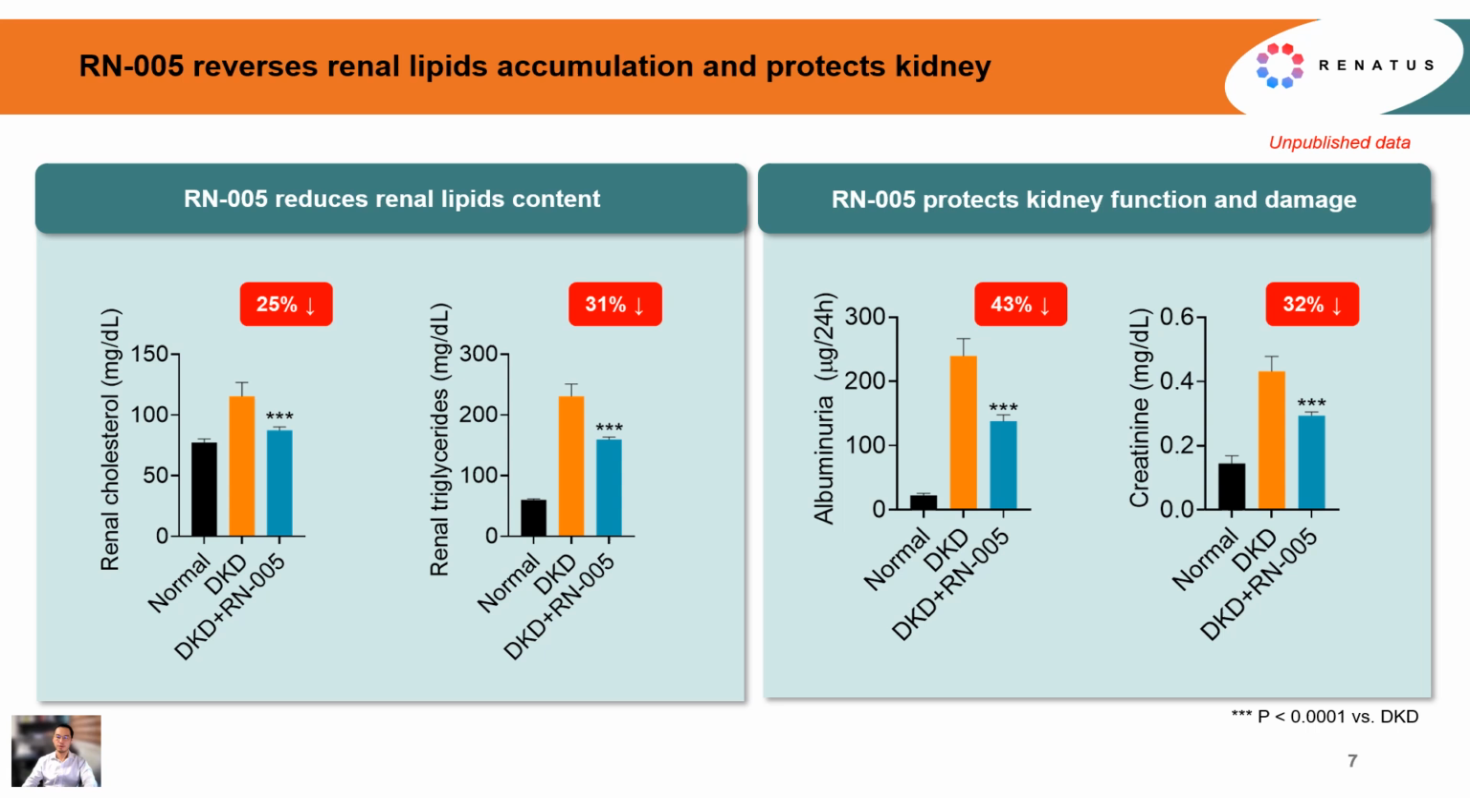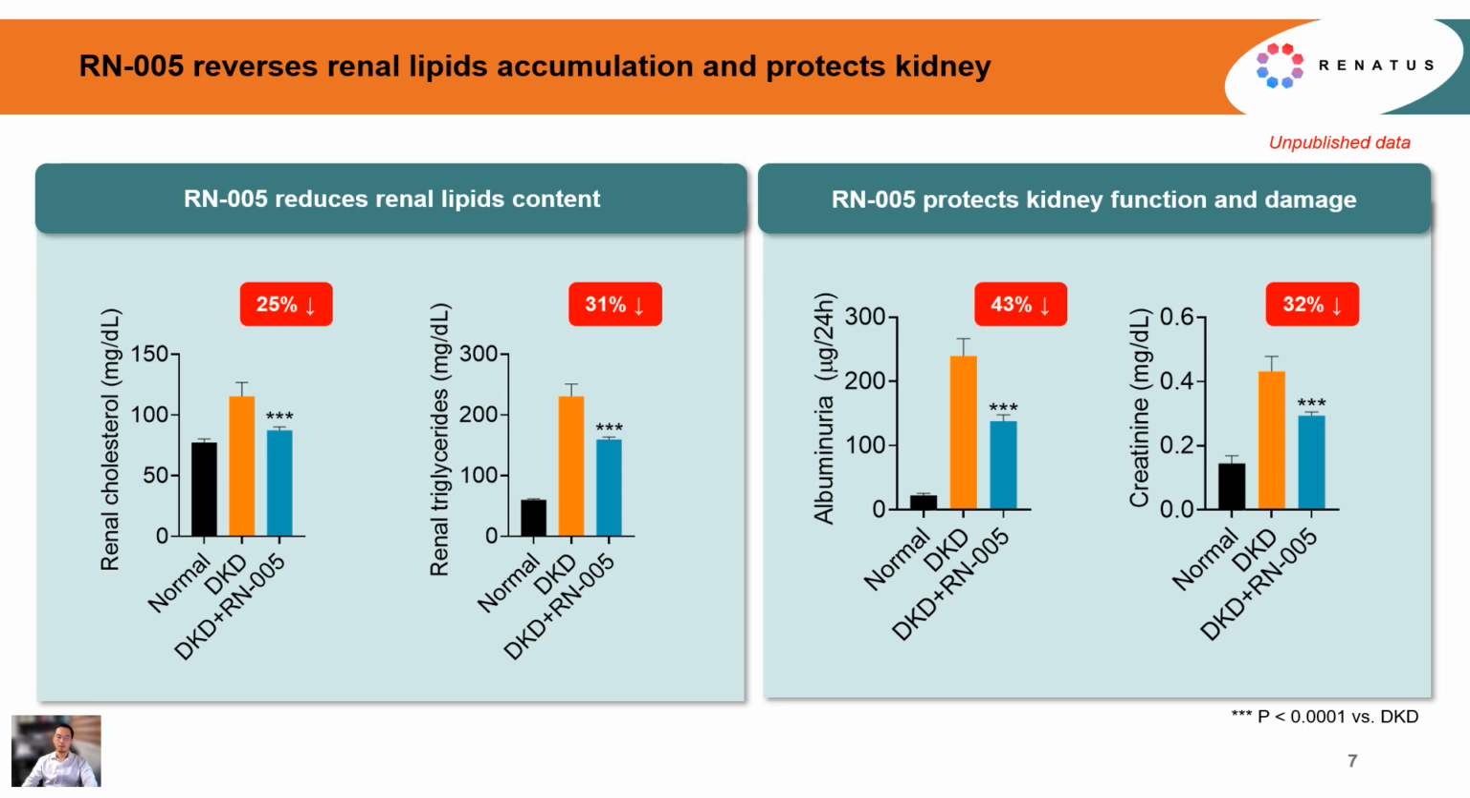This is a mouse model with type 2 diabetes, which develops diabetic nephropathy. Compared to normal mice, diabetic mice showed significantly elevated cholesterol and triglyceride levels in the kidney tissue. Treatment with RNO5, one of our drug candidates, normalized the cholesterol levels in the diabetic mice. It also had a significant impact on lowering the triglyceride levels. Albuminuria was decreased by about 40% and blood creatinine by about 30%. These results show that cholesterol is a very crucial target in treating diabetic kidney disease and underscore the need for